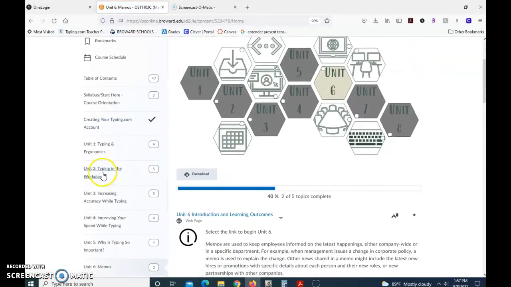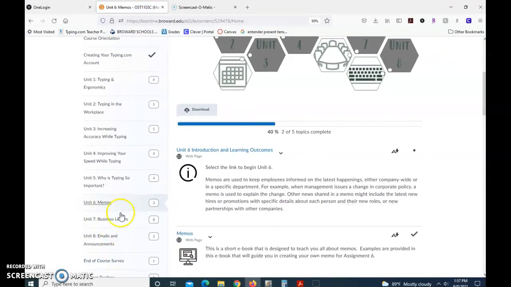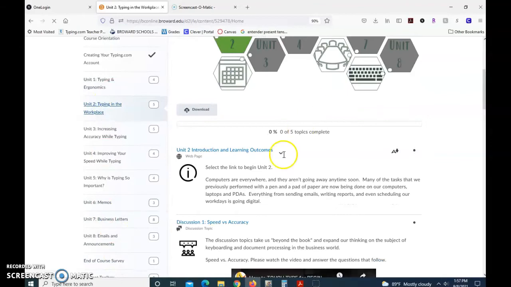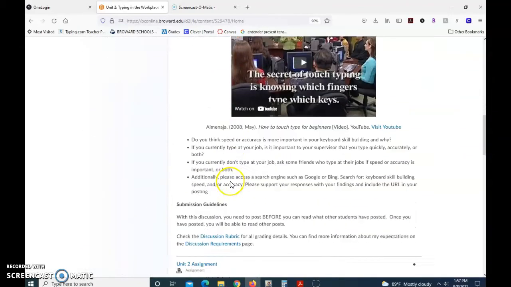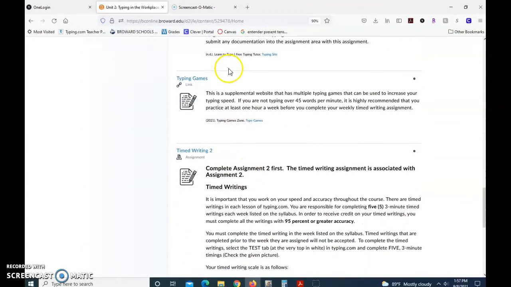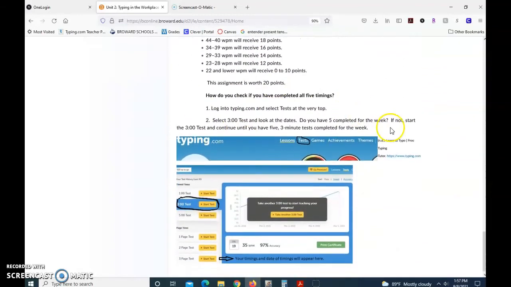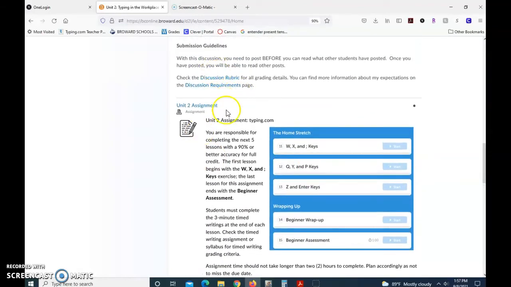and you can click on any unit. Again, they're all set up the same way with all tidbits of information on this side. But each unit has everything self-contained, so what your homework would be and everything for Unit 2 is all here